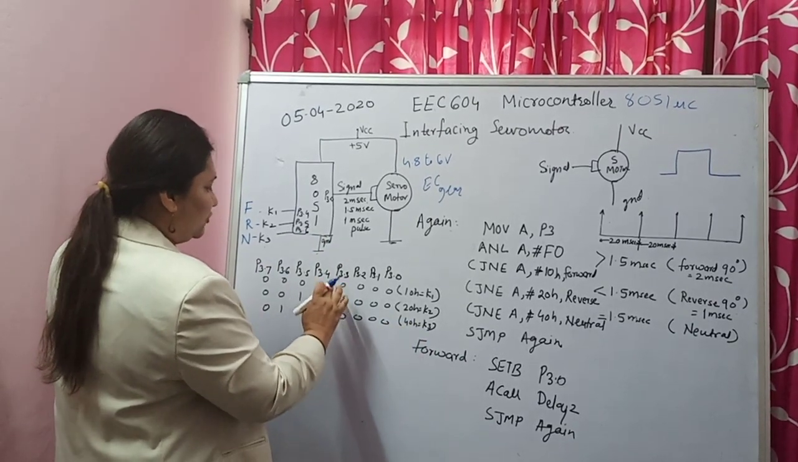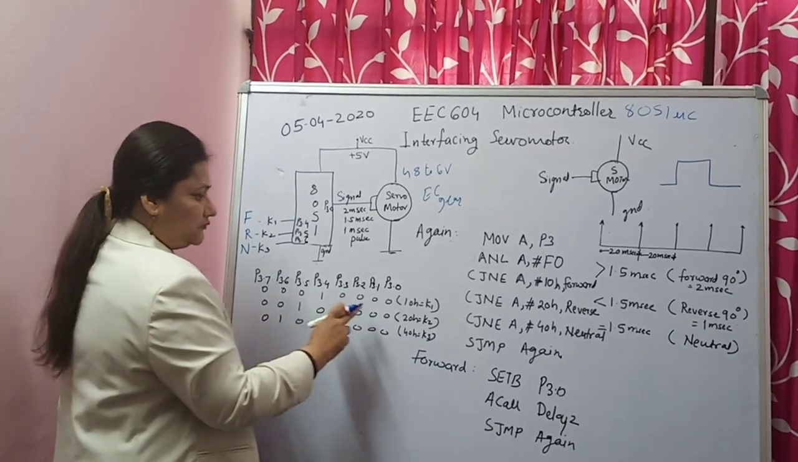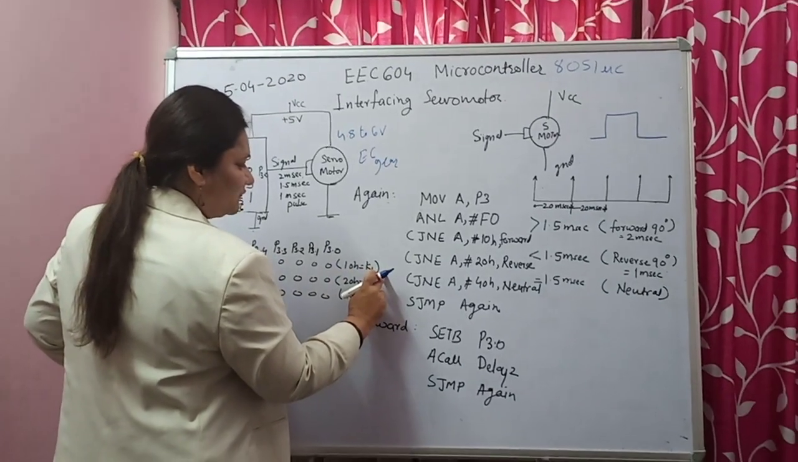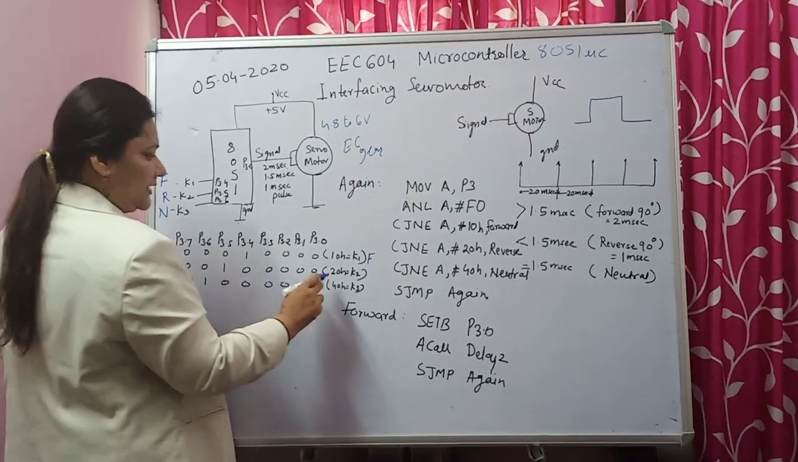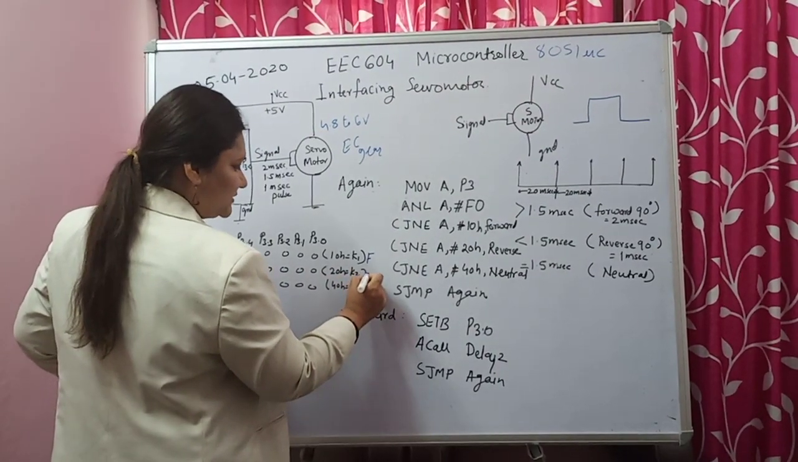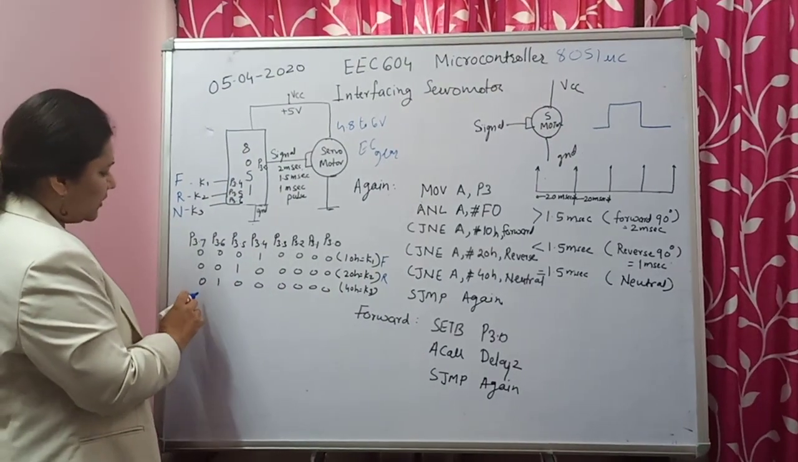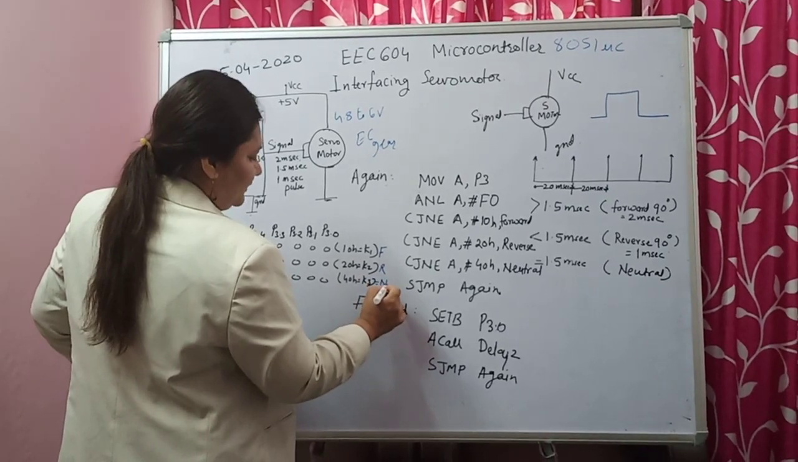So when you read port 3 in accumulator, if you find that the word is 10, then key 1 is pressed, so you have to move the servo motor in the forward direction. If you find the word as 20 hex, then that means key 2 is pressed and you have to move the servo motor to reverse direction. And if you find the word which is 40 hex, then wherever the motor is, it has to come